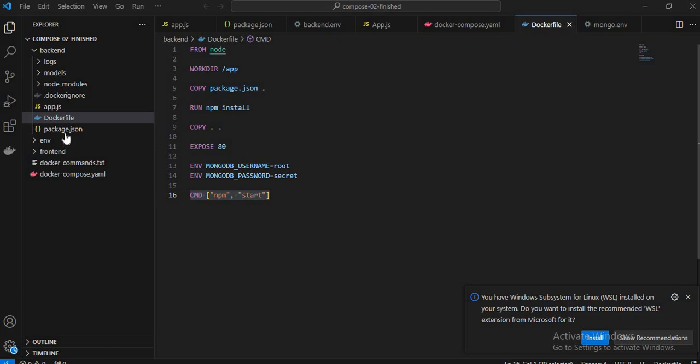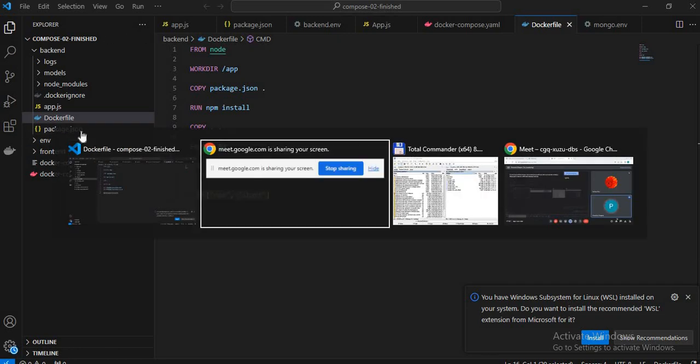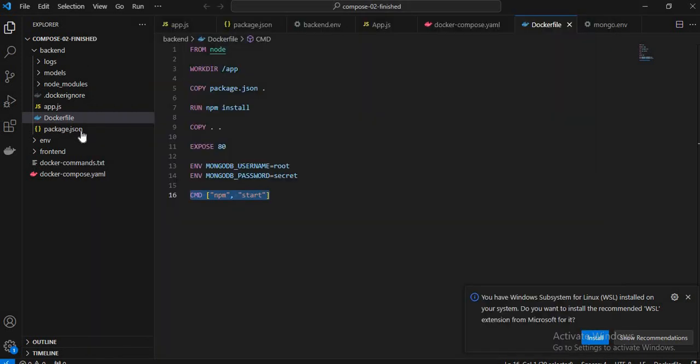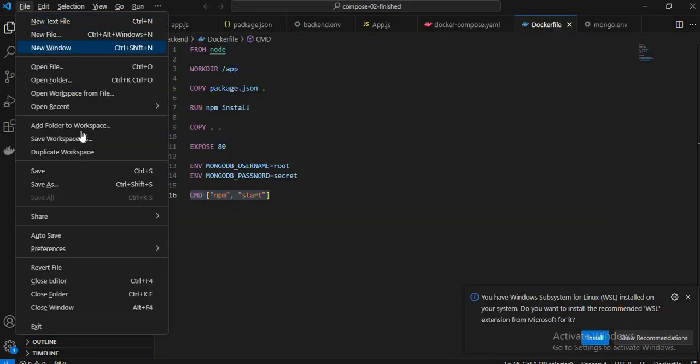Yes, so today we will discuss a few more examples of Docker Compose as well as Dockerfile. Now, we have already discussed this example. Now let's talk about this one. It's again an example of